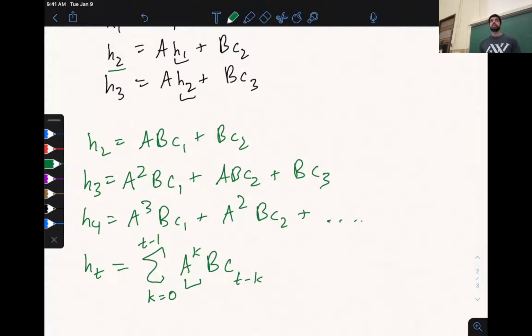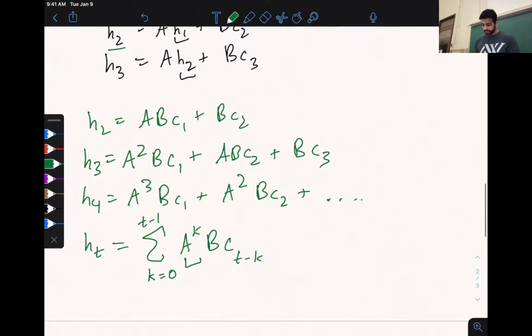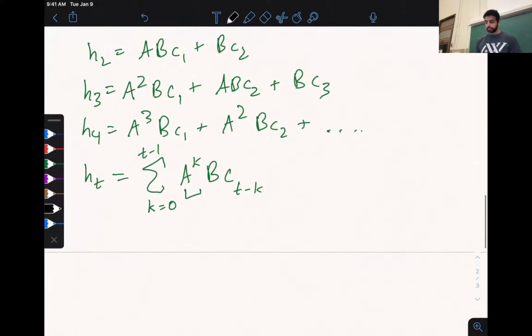Now we have this equation, but it looks kind of like a cumulative sum of these products. How can we parallelize that? And so that's the big implementation trick with all of these new papers: there are several techniques you can think of to do this kind of computation in parallel. So one, which is probably the easiest to understand, is what if we just look at this as a